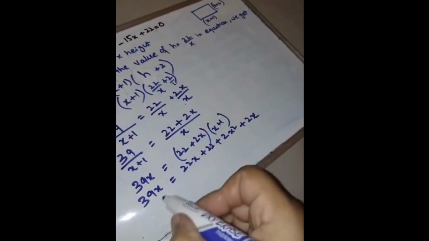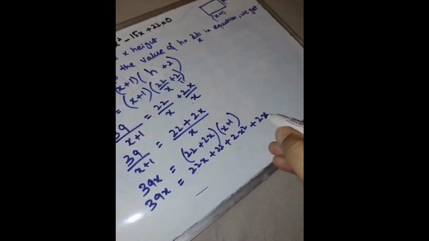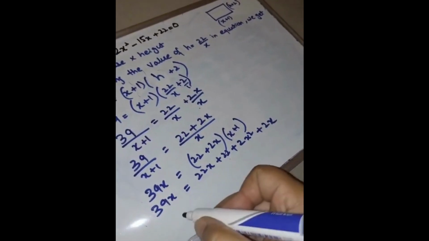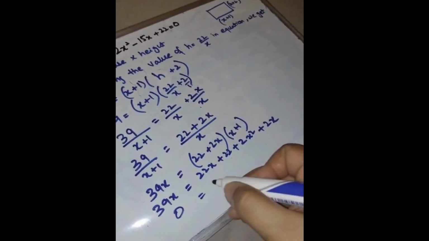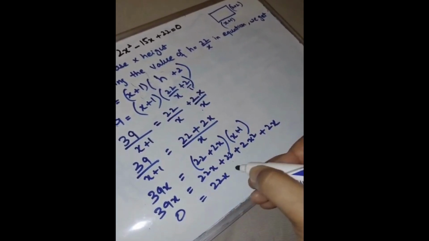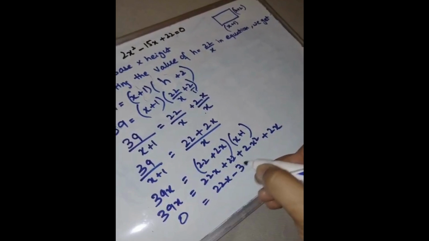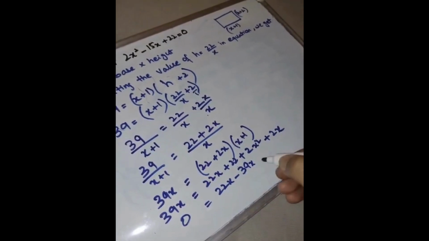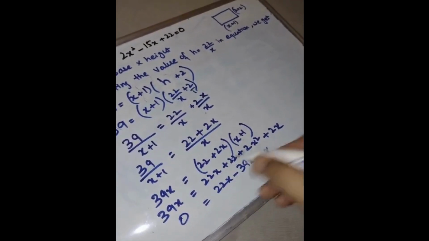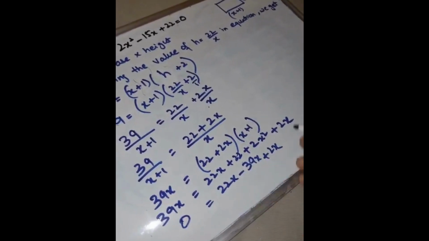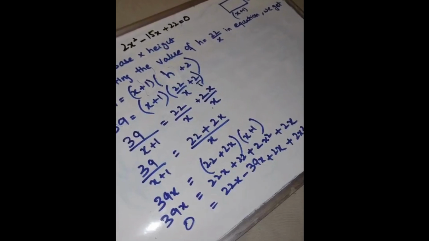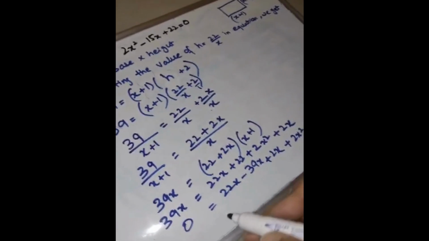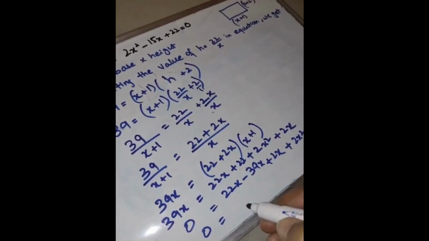Okay, so now if I take this 39 to this side, we'll be having 0 over here. It will be 22x minus 39x plus this 2x. I'm going to write all the x's together, plus 2x square plus 22, which will be equals to